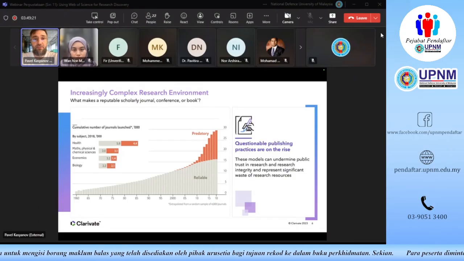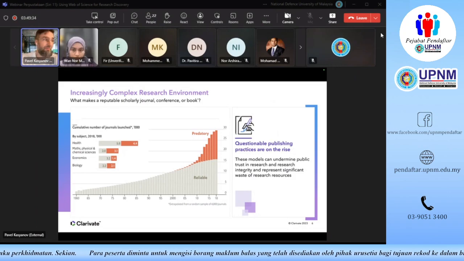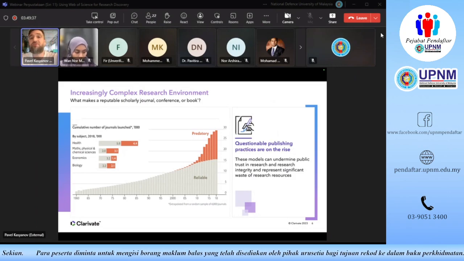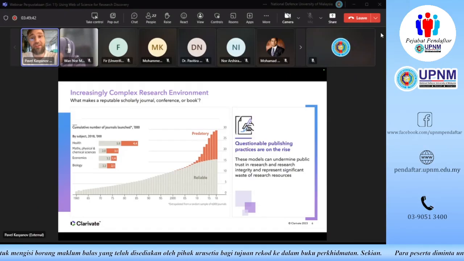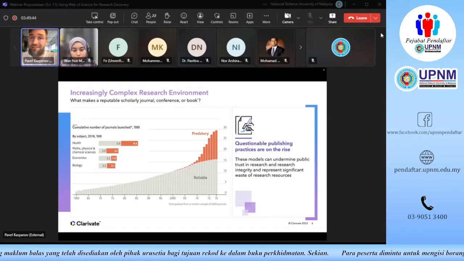First of all, there's a lot of different sources where you can publish your research output. So probably just like me, you receive a lot of spam emails from various questionable publishers that invite you to publish in their journals, that promise you a very quick turnaround time, that promise to you that they're going to be indexed in data sources like Web of Science, that they have things like impact factor. So they all use fancy buzzwords, but